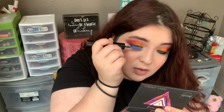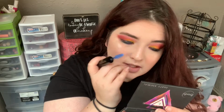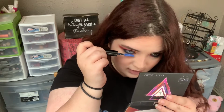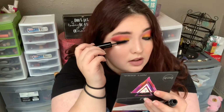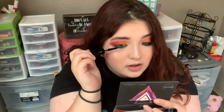I don't know what it is about this mascara. I've only used it a few times and I could not remember if I liked it or not, and now I'm leaning towards not because I feel like it makes my lashes very clumpy. But I do like the primer part. The primer part lengthens them quite a bit. I don't know if you can see because it is a blue mascara, like the primer part's blue. And then the actual mascara side, the wand is quite different. It's like a Christmas tree sort of thing. And then putting this on top, it starts to clump. I don't know if maybe I'm not waiting long enough or what,